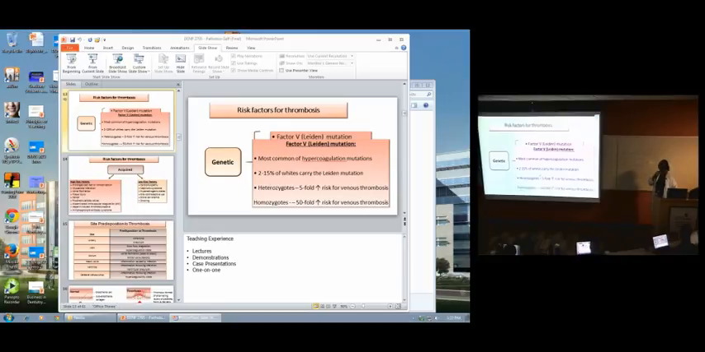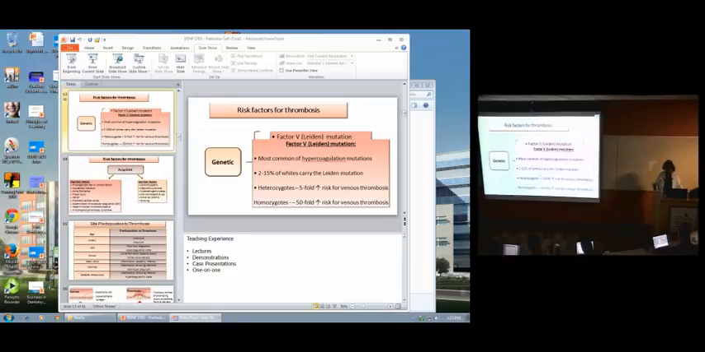In those who have factor 5 mutations, what happens is that it makes it resistant to protein C, and when it's resistant to protein C, you can't have the breakup, the antithrombotic action, as effective as it should be. So it's about 2 to 15% of whites,